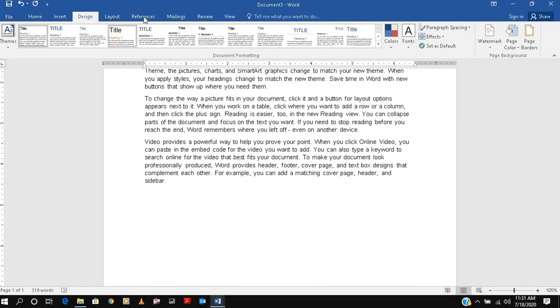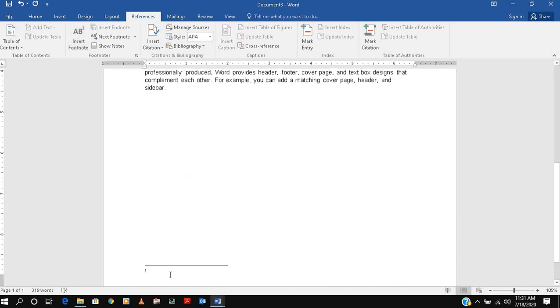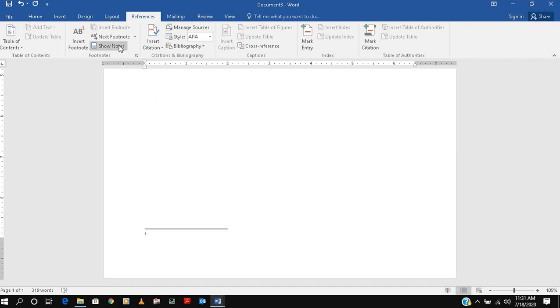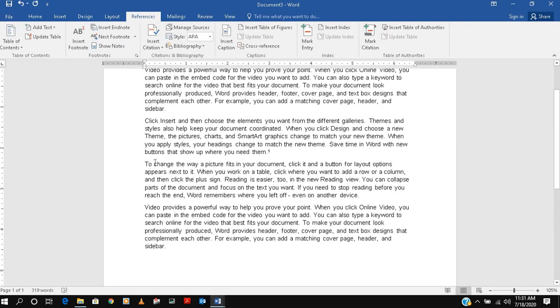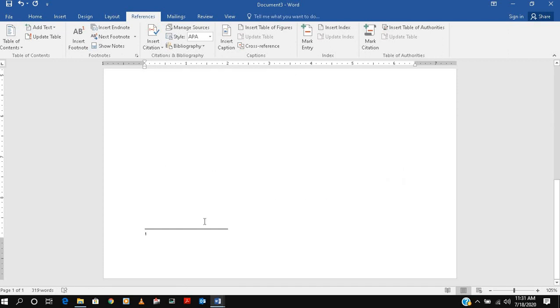And now if we want to insert a footnote: basically a footnote is a small note where you can put your remarks. It will automatically come by default. You can show the note where you want. Suppose I put one here, it will by default be some note you mention, which refers to this.